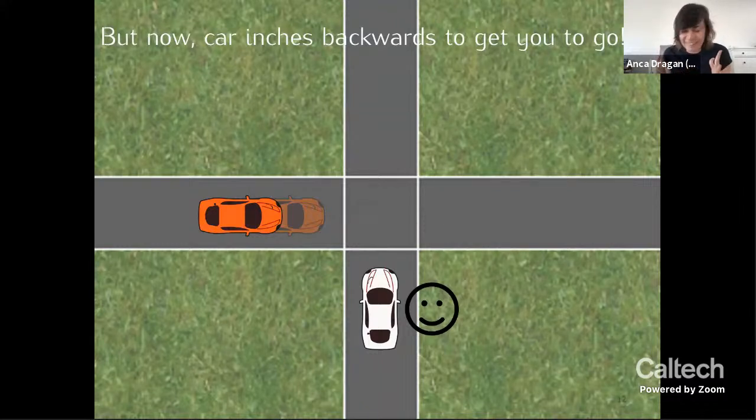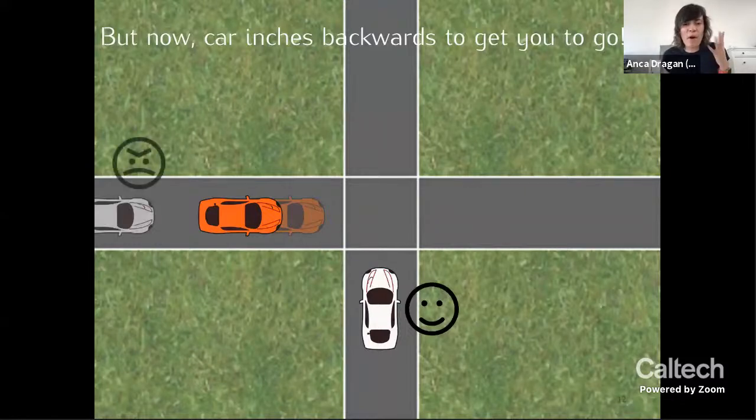But the problem is, if you have someone behind you, or if you have a passenger in your car, that person is now freaking out, wondering why the heck their car is going backwards from the intersection. So there's still something wrong with the cost. We're still not capturing everything that we cared about, right? We're not capturing things like passenger comfort or legibility to other drivers and so on.